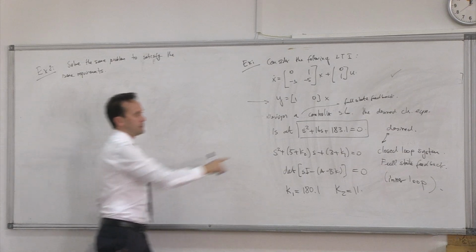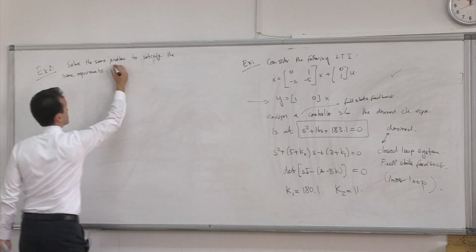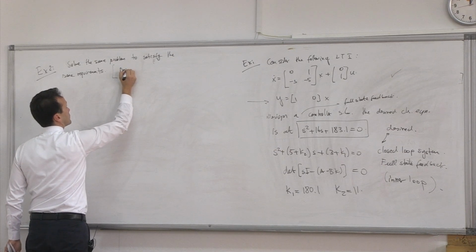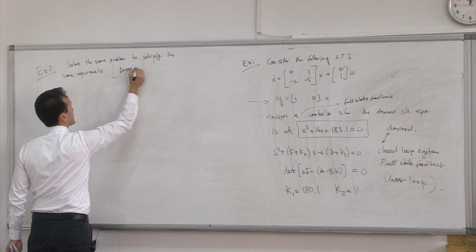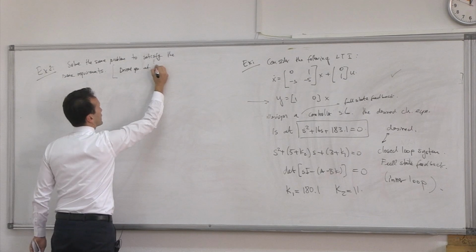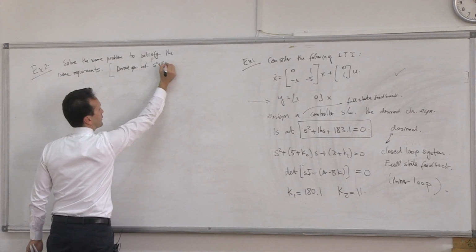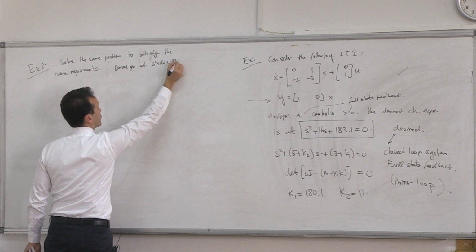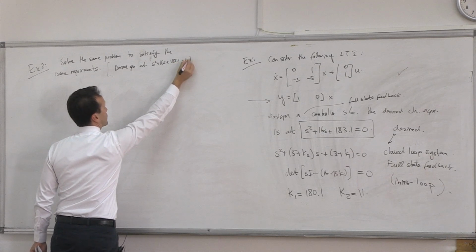We still have the same desired equation, s squared plus 16s plus 183.1 equals 0,